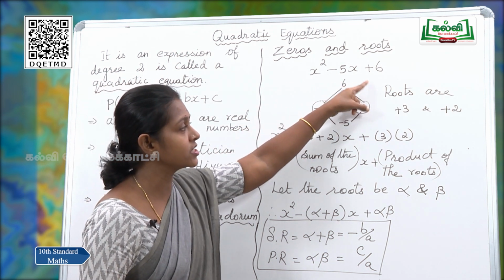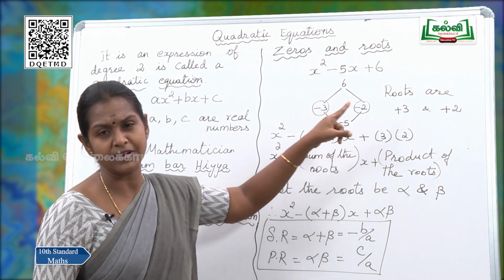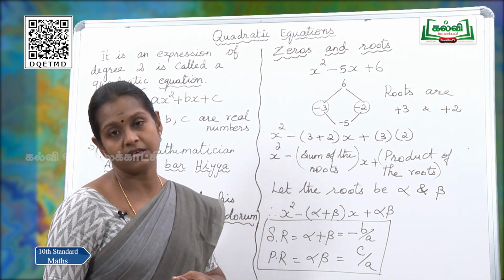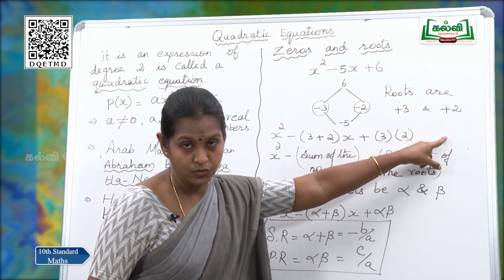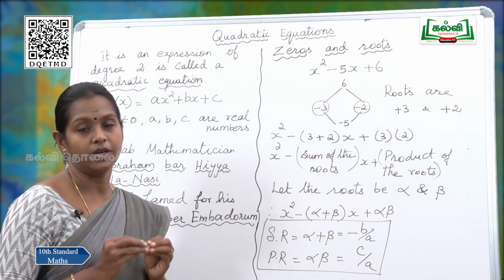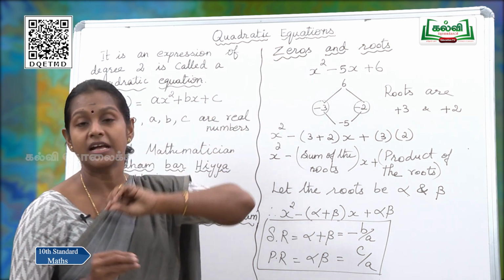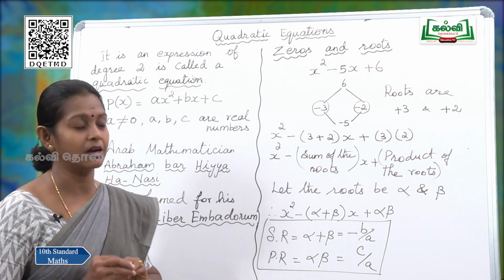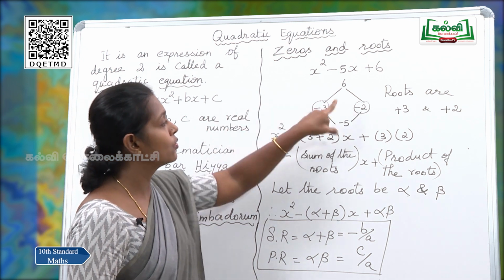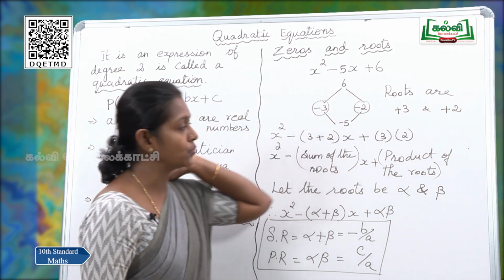So, to solve this equation, you will get x minus 3 and x minus 2. You learnt this even in 9th standard itself, you would know very well, right. So, what are the values of x here? Plus 3 and plus 2. The numerical values which solve it, that means which will give the value of the quadratic polynomial as 0, those values of x are called roots. You can say zeros also. So, what are the zeros for this equation? Plus 3 and plus 2.